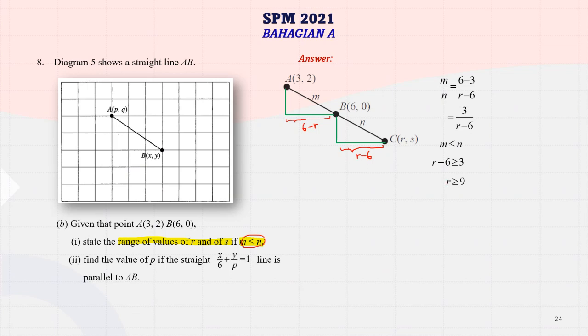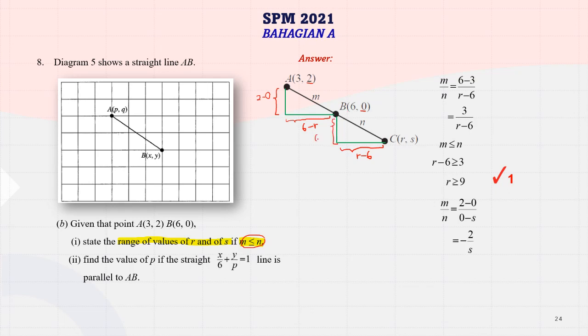So now we repeat the same thing for the Y coordinate. Okay, here we will get like this. M over N is, so this one we take the one here. Okay, this is 2 and 0. We look at the coordinate of Y. So 2 minus 0. So this part